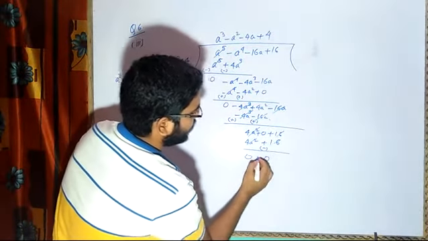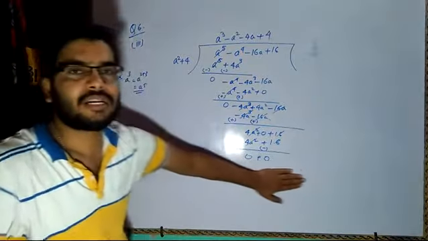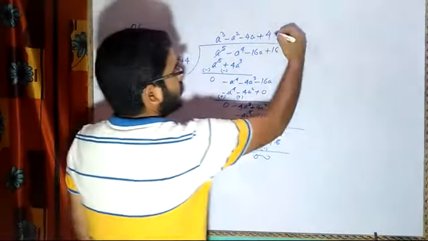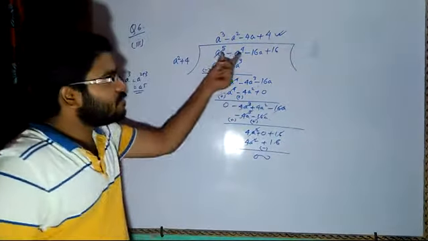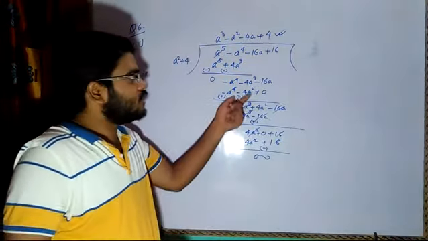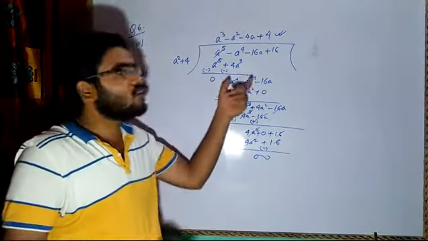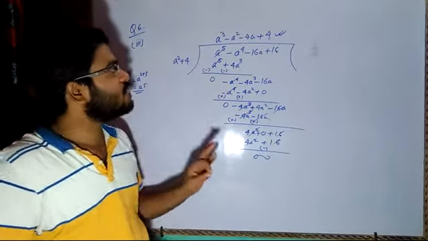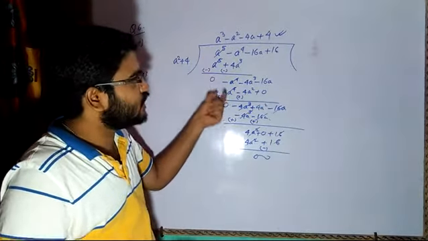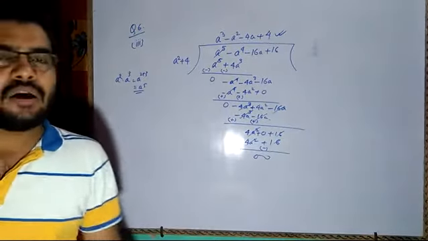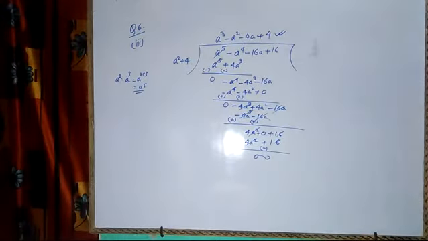So it will be 0 plus 0, 0 minus 0. Means ultimately the end will be 0. Correct? So your question will be equal to this. So one by one you can follow the steps, change of sign. The only thing required here is patience and observation. If you are patient enough and you are observing each and every term one by one, then definitely you all will be able to divide this polynomial in less time. Okay.